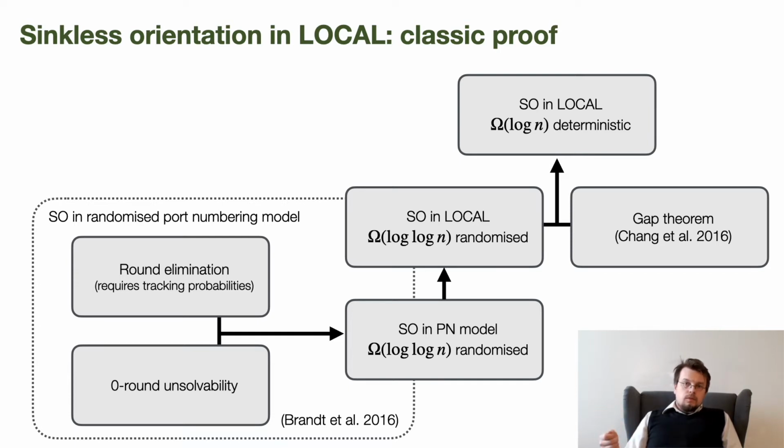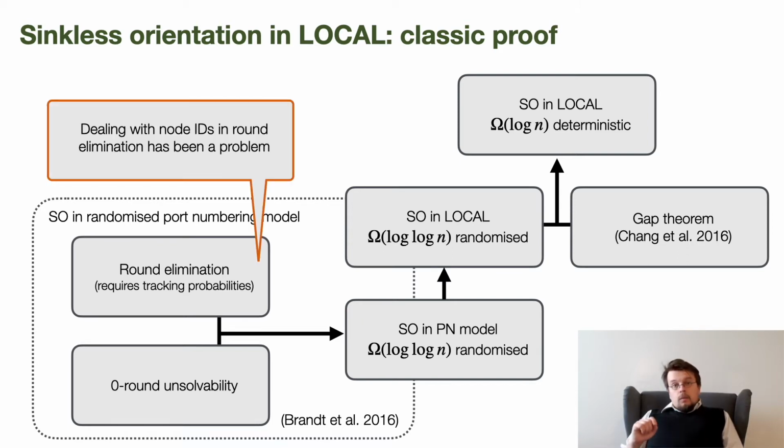And since you can use randomness to generate unique IDs, you can basically lift this lower bound to randomized LOCAL. And then to get this log n lower bound for the deterministic case, you also use this gap theorem of Chang et al. to basically prove that since there are no problems between log star n and log n complexity in LOCAL, then this log n randomized lower bound implies log n deterministic lower